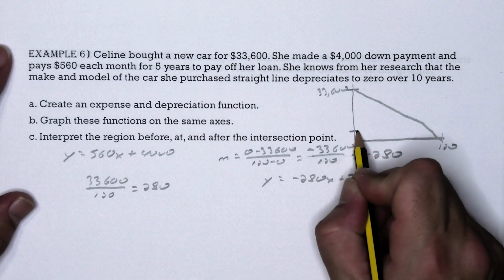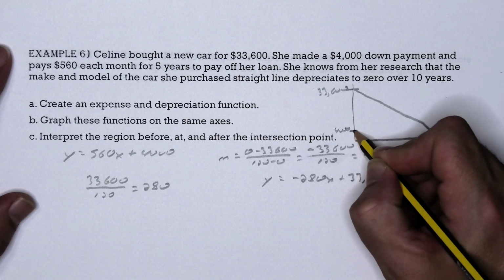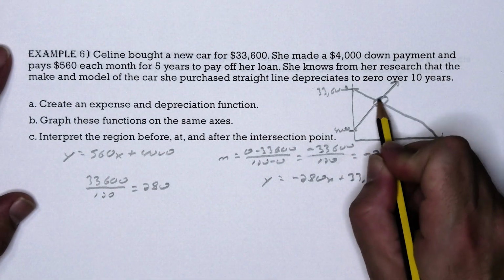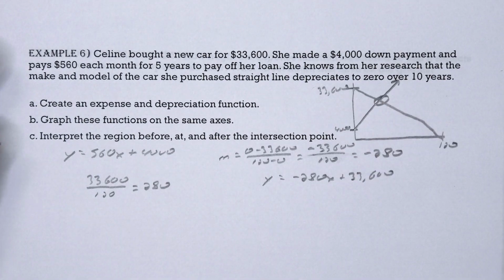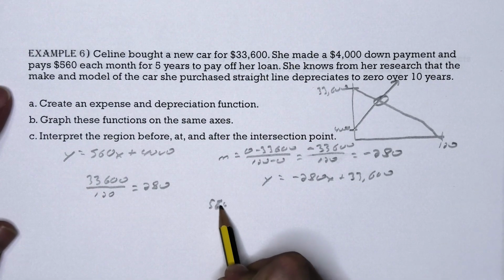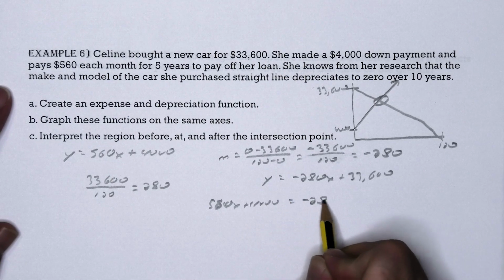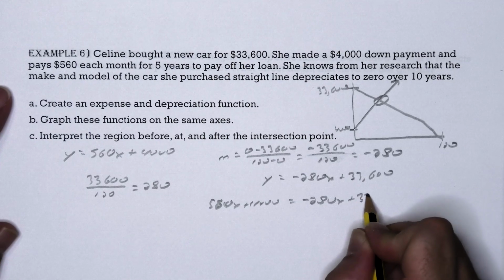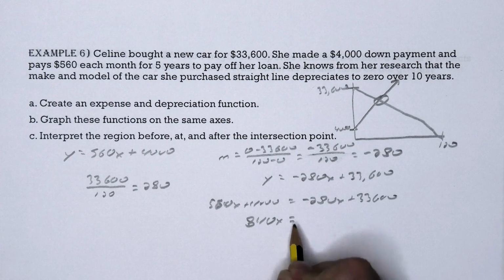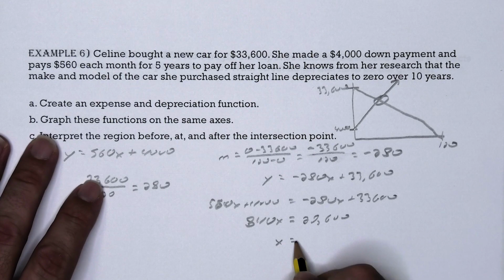Now, she started with a $4,000 down payment and she made a payment every single month of $560, meaning this point right here is where things get to intersect. So we have these two y equations and we can set them equal to each other so that 560x plus 4,000 would be equal to negative 280x plus 33,600. This is going to give us 840x is equal to 29,600, or that x is equal to